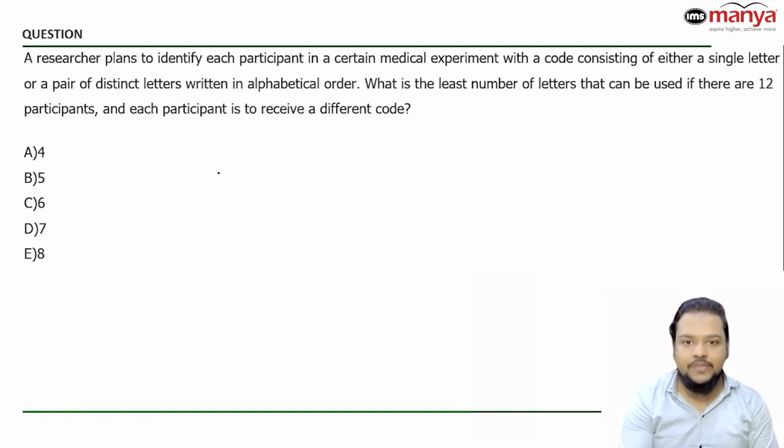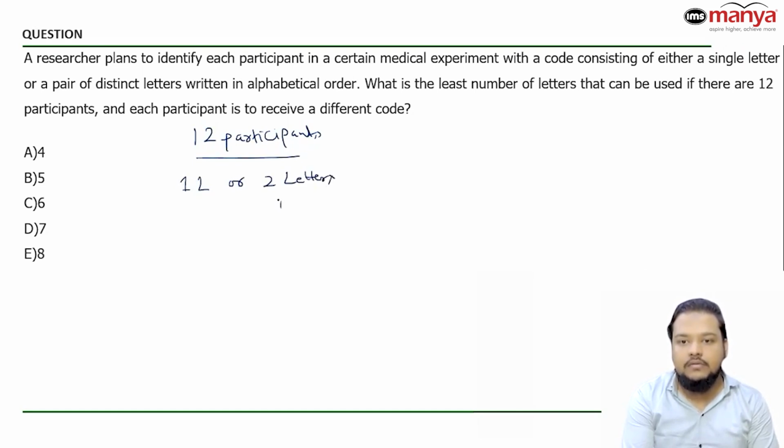Let's discuss now. The question is saying that there are total 12 participants and you have to code them such that you can code them by using one letter or two letters in alphabetical order. So for example, if you decide to code a person by A and C, then the code will only be AC. It cannot be CA